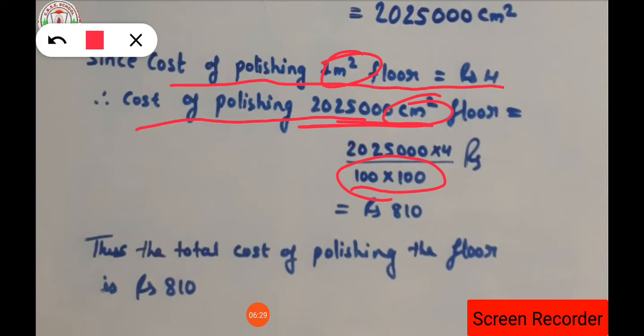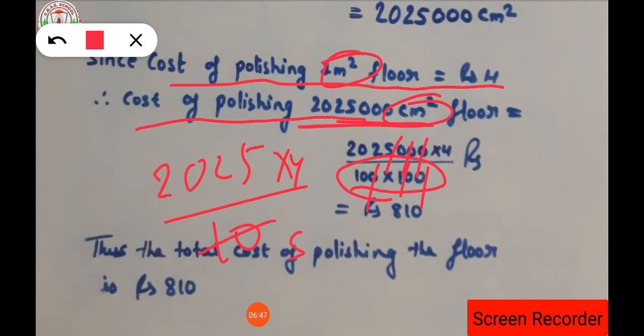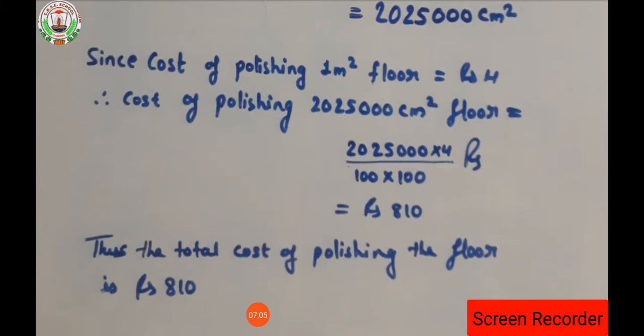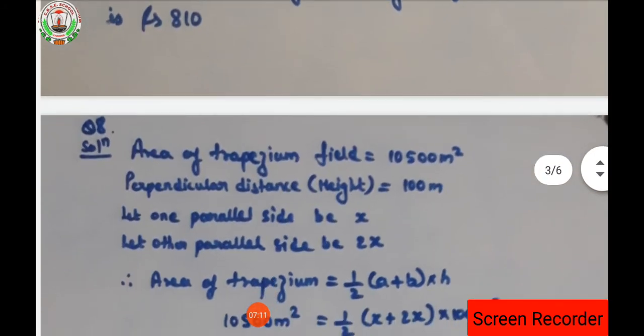So the area of the floor upon 100 into 100 into 4 we will do. So 3 zeros from the numerator and denominator will get cancelled. What is the number left out? 2025 into 4 upon 10. Now cancel it by the table of 5, isn't it? Now multiply by 2, it will be 0, 1 carry, so 4, 5, 0, 4 will be divided by 5. You will get the required answer while dividing it, 810. So the total cost of polishing the floor is rupees 810. Okay, so in this way you have to find.